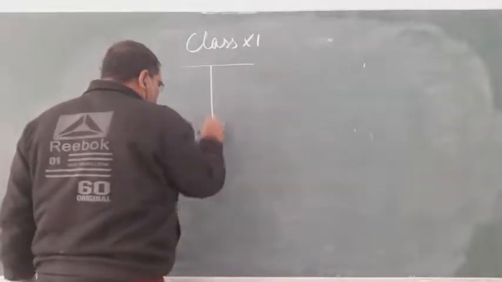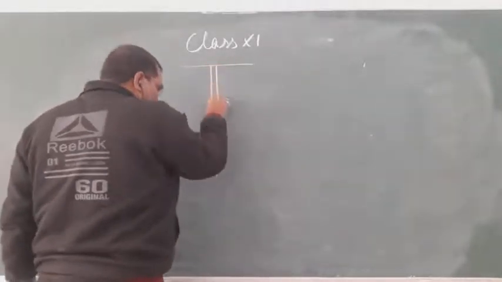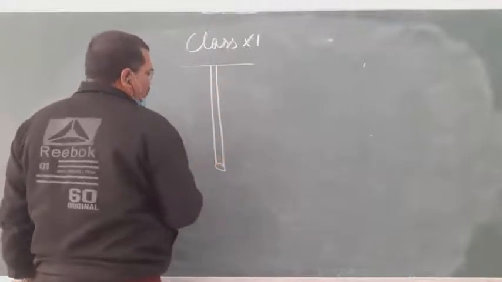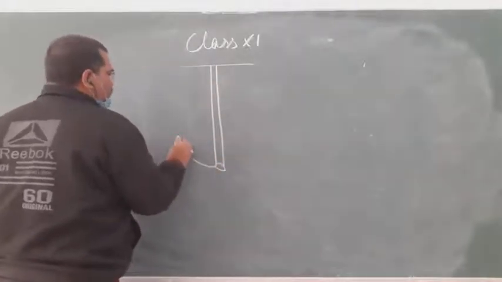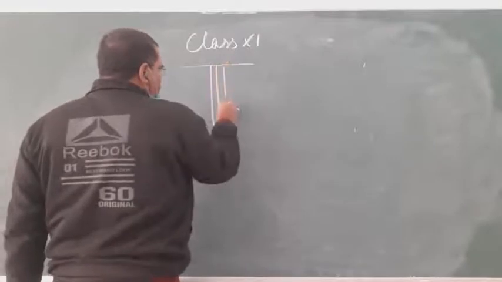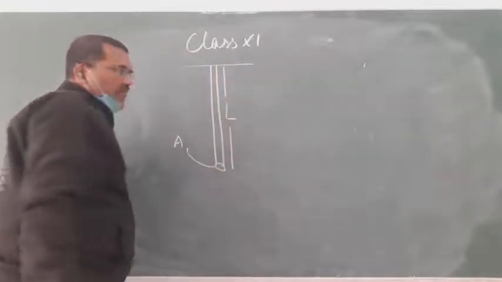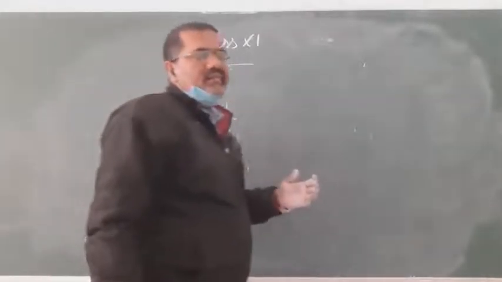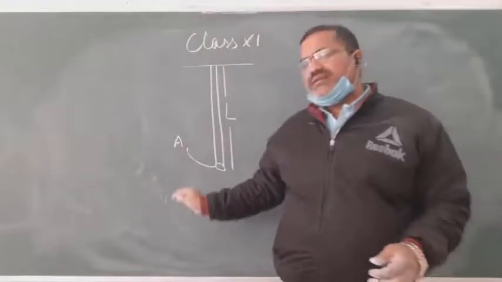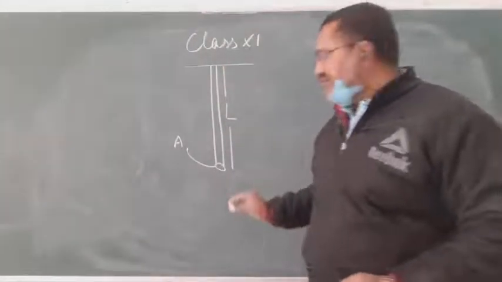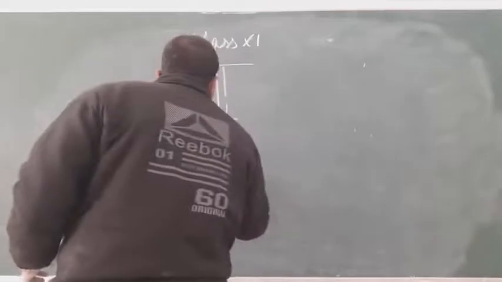This is a straight, cylindrical wire of cross-sectional area A and initial length L, and its length is increased by means of an external force, that is called deforming force, say F,